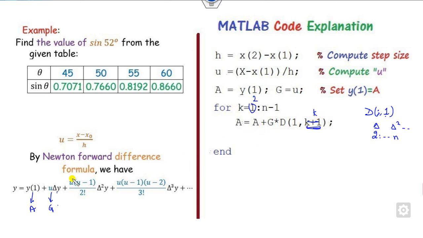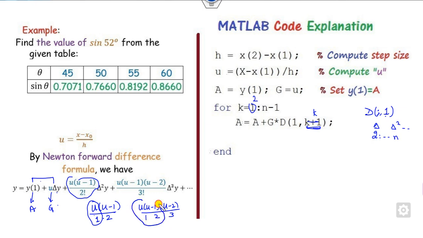So what is the meaning of that? This is up to here. Now you have to write this infinite loop. So I can write this term as u minus 1 upon 2 factorial. This is u of u minus 1, which is this part, that is g. Then this part is u minus 1, u minus 2, and I can write the 3 factorial as 3, 2, 1.